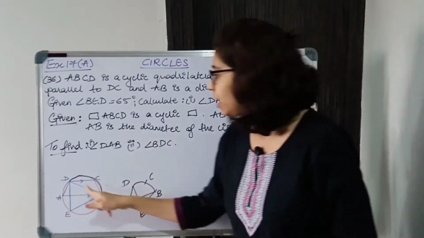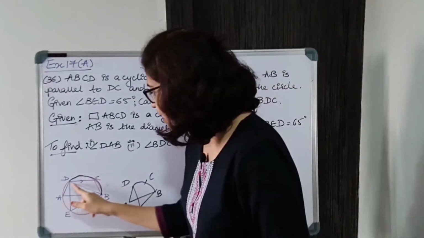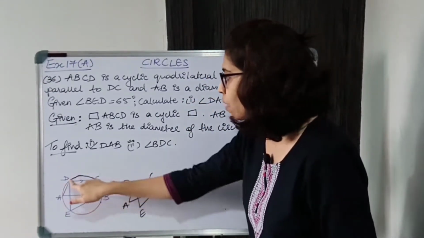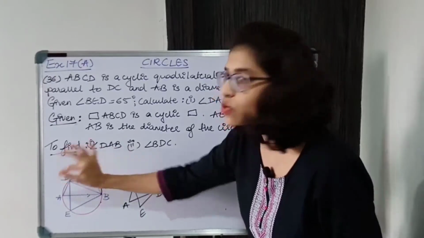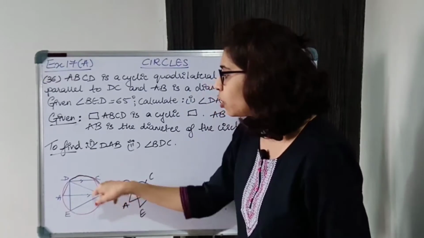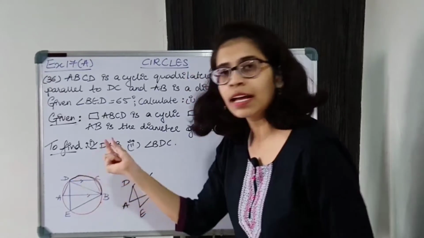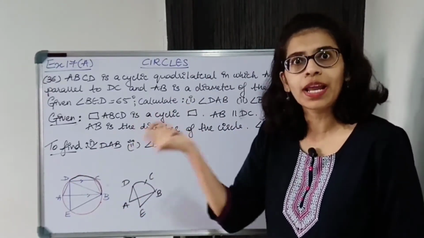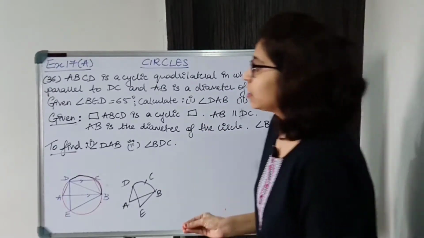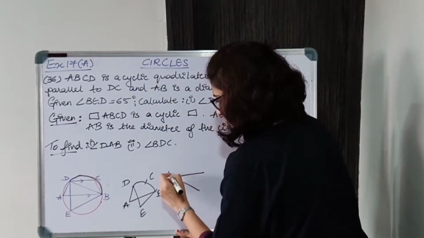BDC. Angle BDC, that is what we have to find. Now for BDC, there is no other angle in this arc. There is no angle in this arc BC, there is only this one angle. Now BDC is not even the angle of this quadrilateral. It is only a part of the angle. It is not the whole angle of the quadrilateral. So we would have used the property. Now BDC, look carefully.